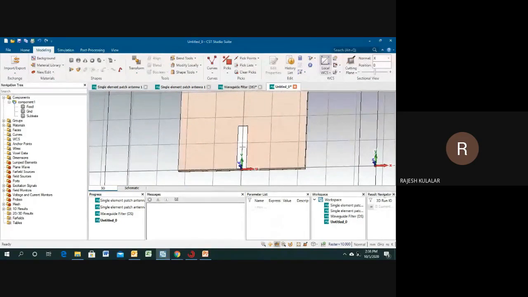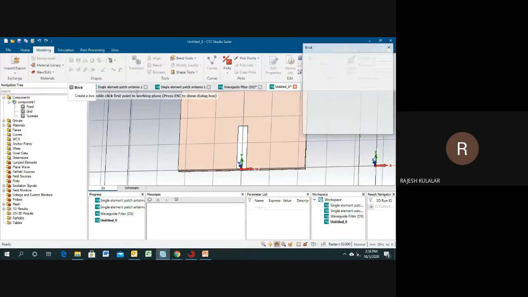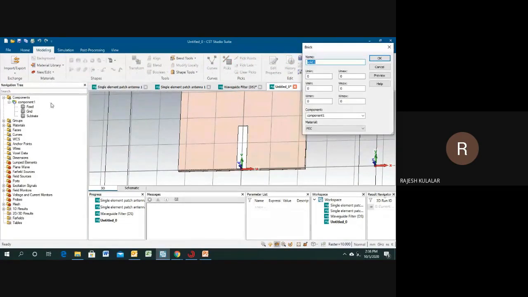Now I need to design some patch. For designing the patch, just click on the bricks. You can press the escape key directly, otherwise you can click arbitrarily and just click, so you will get this template.